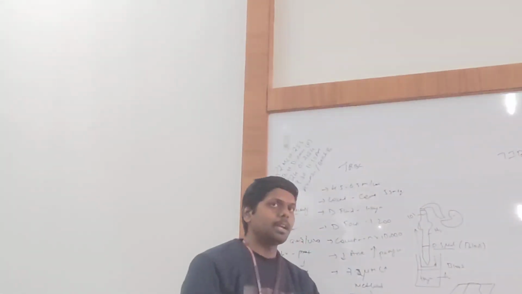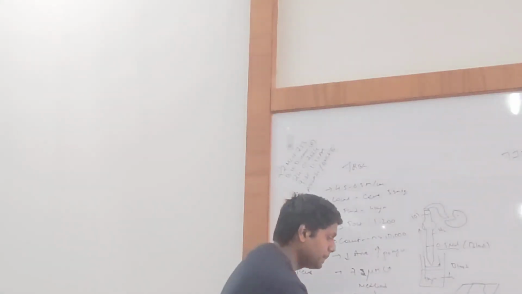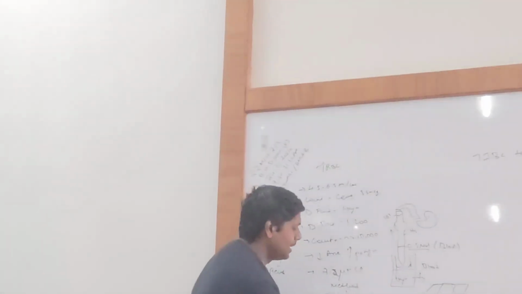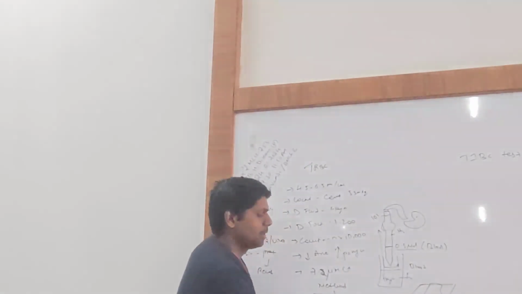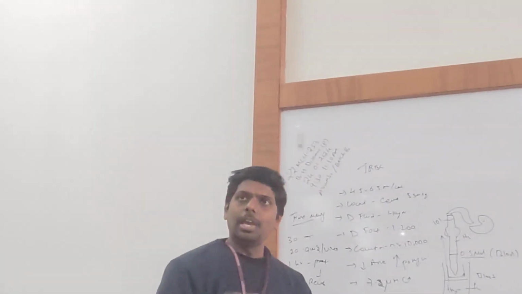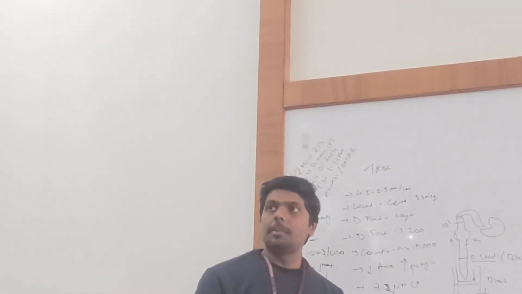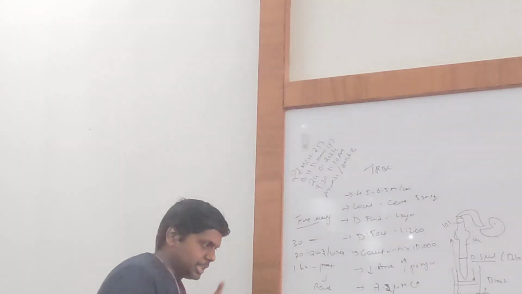So this is 3.98. To this sample, to this Cane's fluid, now we will add 20 microliters of blood sample. That's it. Okay. Right? So we are adding 20 microliters of blood sample to the test tube. Okay. Then the important thing is